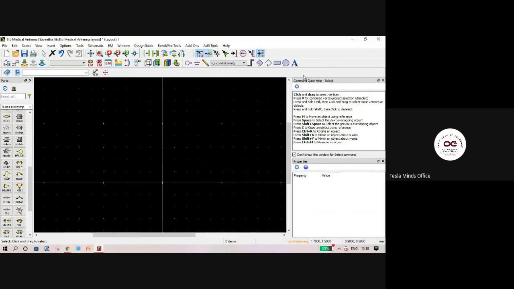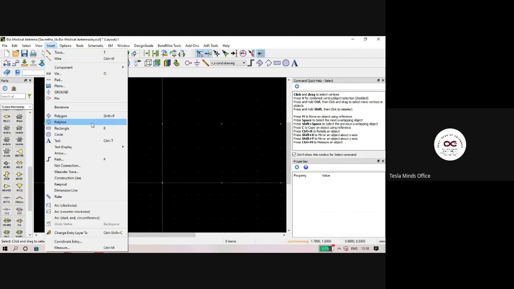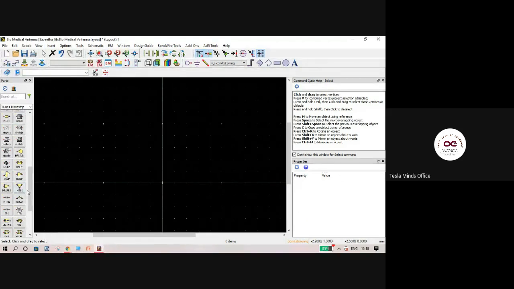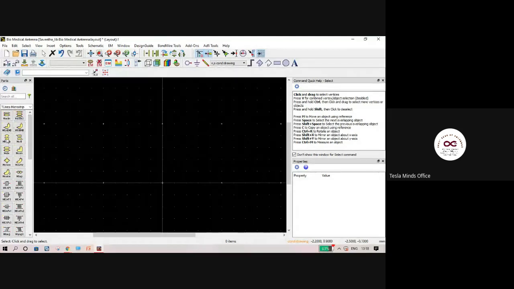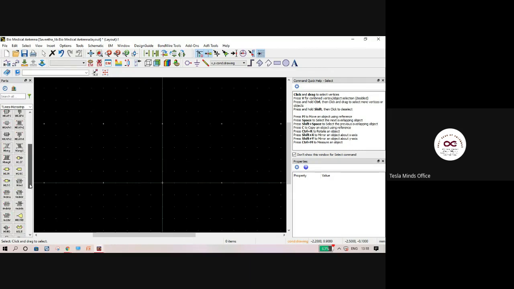Either you can draw your designs freely from the regular shapes, or you can go to insert, go to polygon, and create any type of polygon structures. You can use these already available coupled lines, curves, and the microstrip inductors and couplers for designing your circuit.